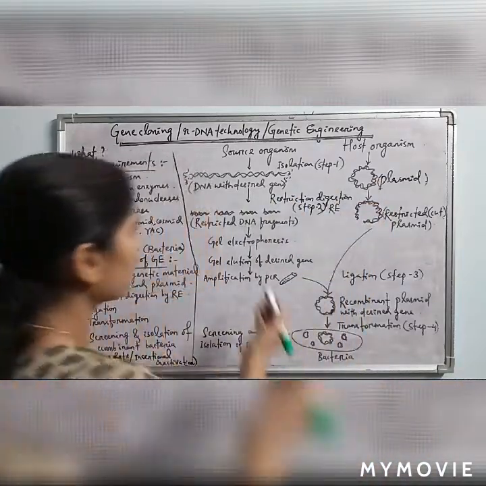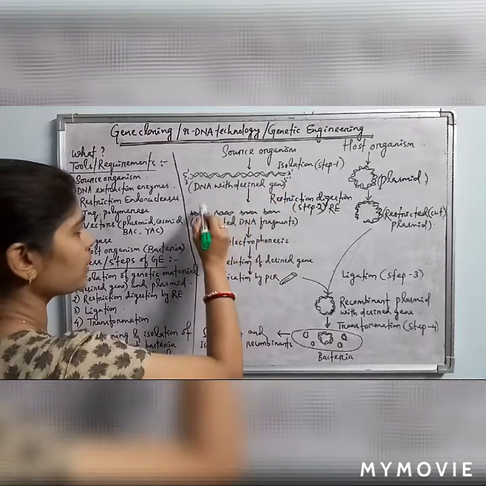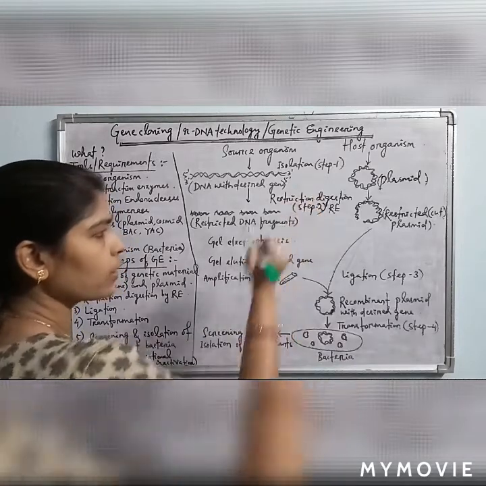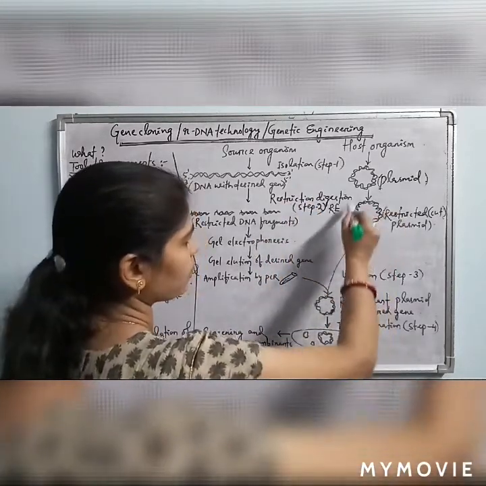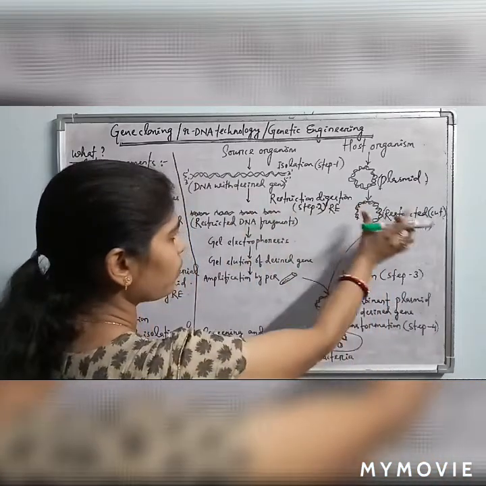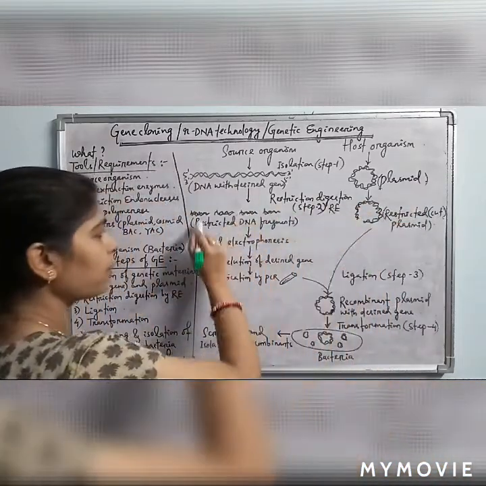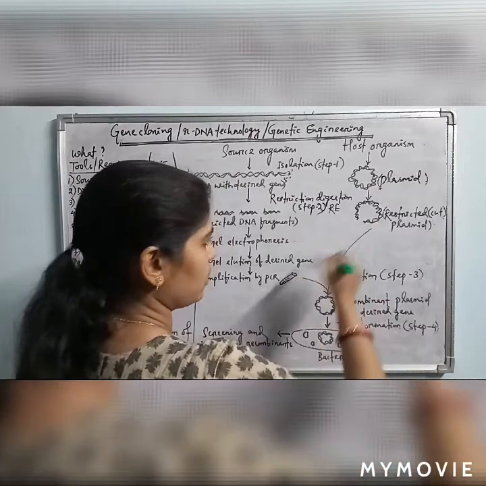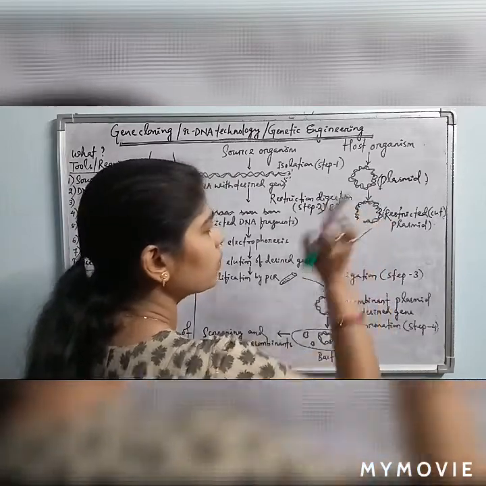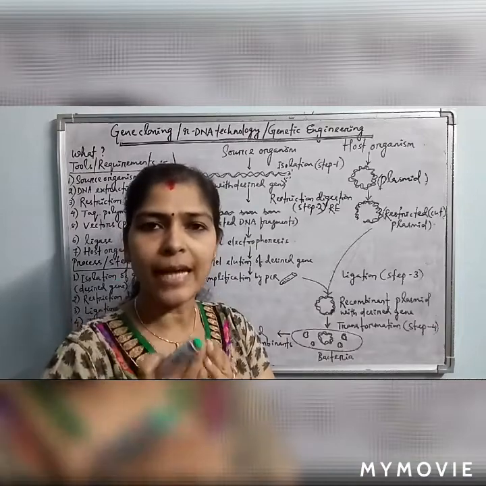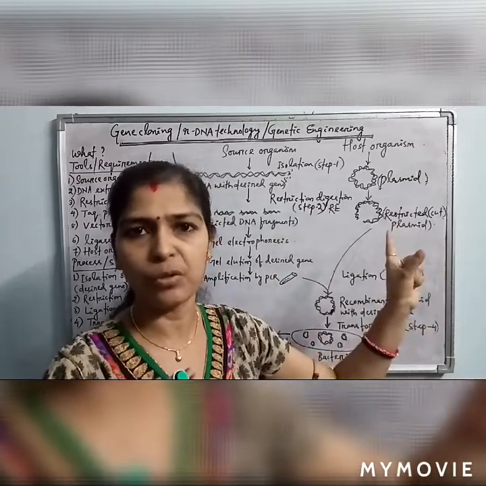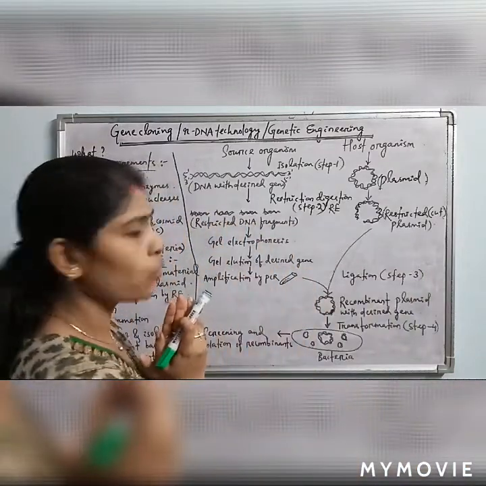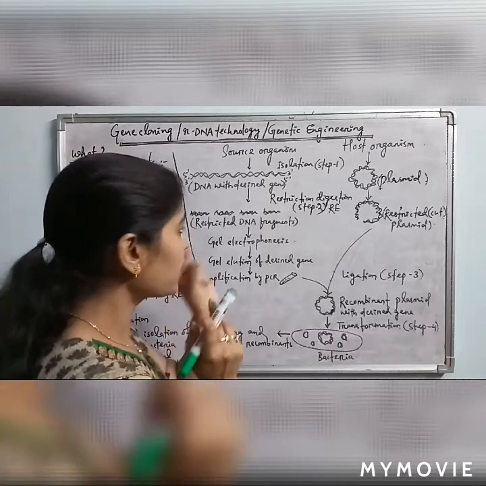So the DNA with the desired gene is cut into different fragments. These are the restricted DNA fragments produced by application of the particular restriction endonuclease. And this is the restricted plasmid. After step 2 is over, there are two different solutions available with us. In this solution there will be restricted DNA fragments, and in this solution the restricted plasmid will be there with the cut end, because the restriction endonuclease will also cut the plasmid, since the same recognition site of the specific restriction endonuclease must be there in the plasmid also. Then, see, all these fragments of DNA from the source organism are not needed by us. So which DNA fragment is needed by us?